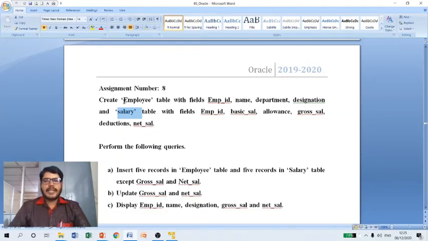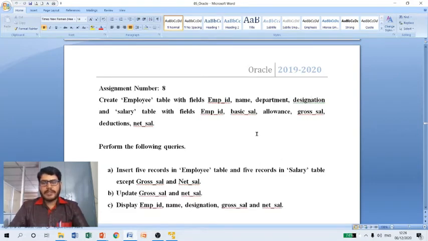So now let us create only a single table called employee with the following fields. In this case, the employee table consists of four different columns. Those are employee ID, name, department, designation. We have to decide what kind of value or what type of data employee ID can hold, name can hold, department can hold, and designation can hold.